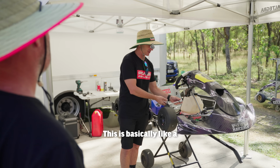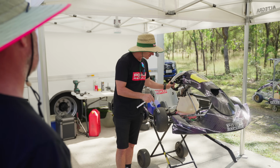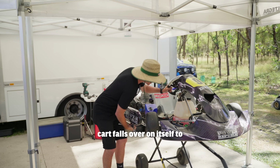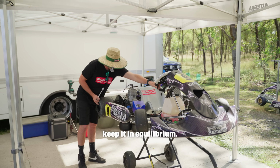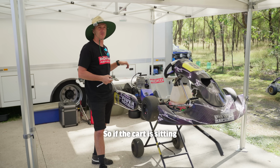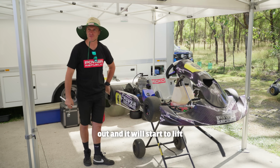This is basically just like a crowbar, but for the go-kart. When you turn the wheel, it adds twist to the kart, okay? Because this wheel goes down, that wheel goes up, and the kart falls over on itself to keep it in equilibrium. The wider you make these karts, the more twist you put through the frame, and the higher this tyre should lift. So if the kart's sitting flat, put the front wheels out, and it'll start to lift that inside wheel